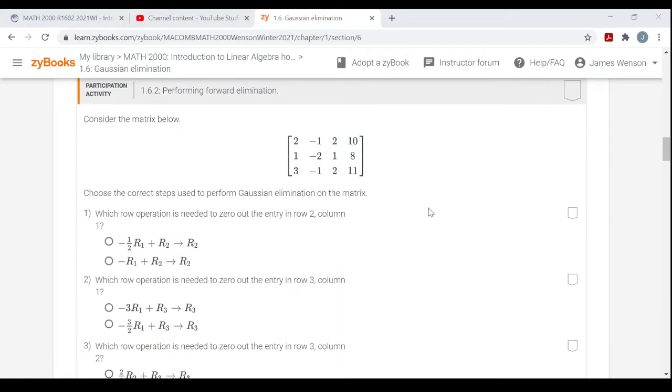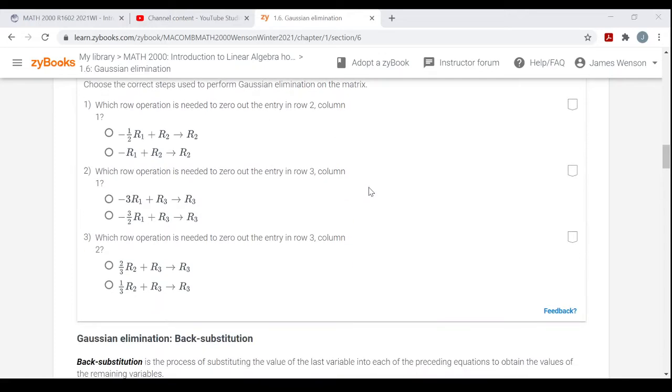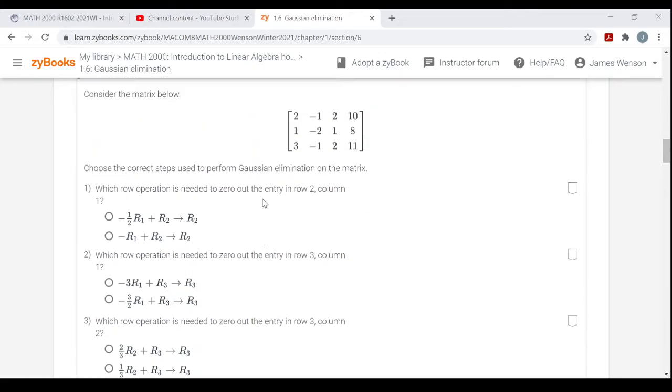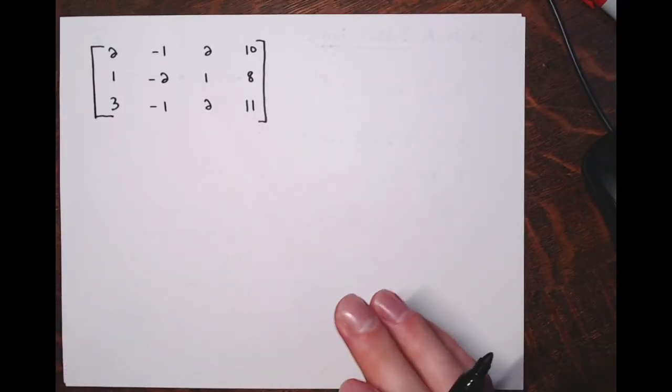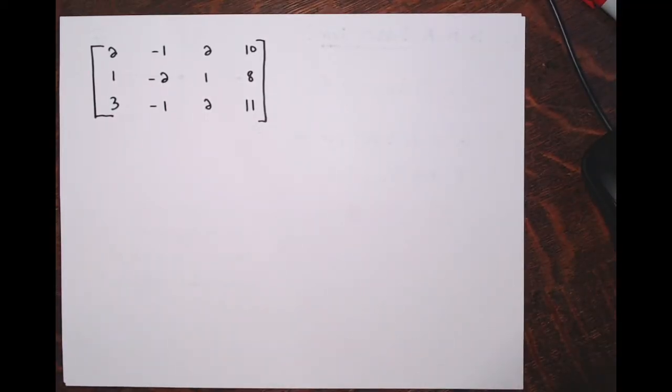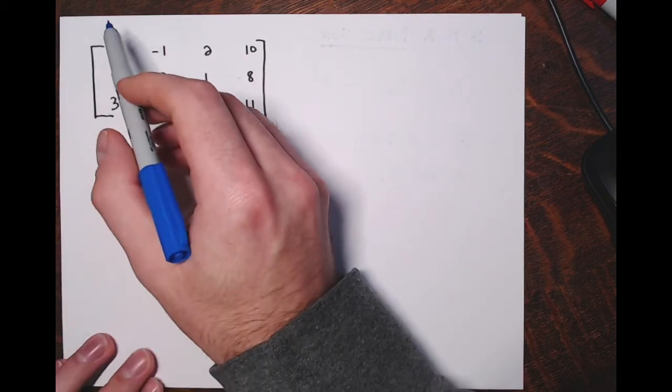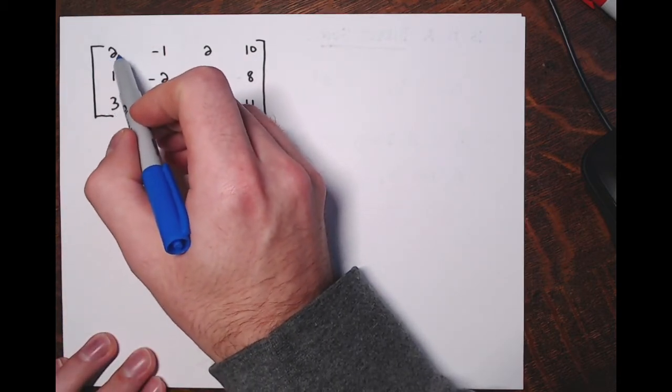Okay, so I'm going to write this one up, and let's do the same. I know they're not asking us for the matrix in row echelon form, but I'll do the same thing here. Let's take this matrix, and I'm going to perform some operations to put it in row echelon form. Now the first step is, what's the current pivot? The current pivot is 2,